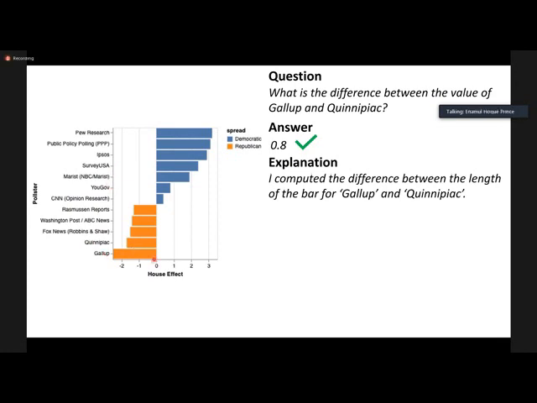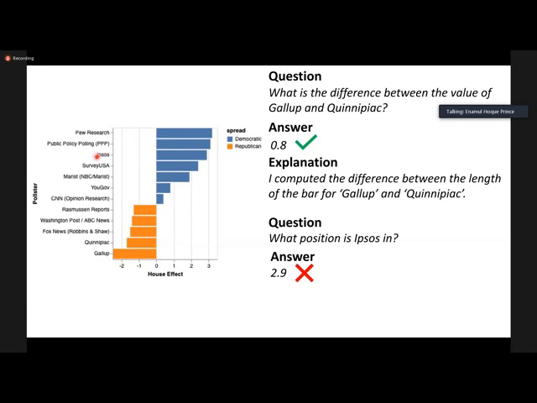Another example is what position is LPOS in. In this case, the answer is incorrect because the position of LPOS is 1 to 3, so over here. We know that the answer is incorrect because it says I looked up the length of the bar. So instead of measuring the position, it computes the length of the bar, which is incorrect.